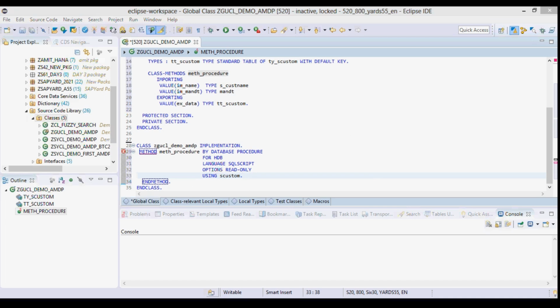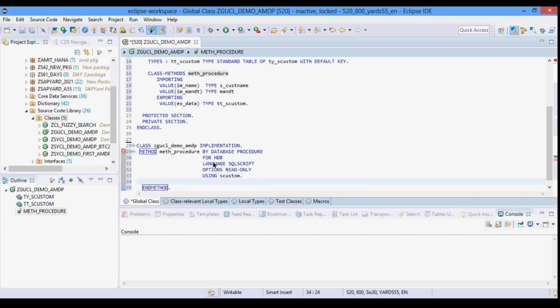Let me just reiterate that all the ABAP dictionary tables or views and other AMDP methods that will be called in this particular procedure body need to be declared using this keyword using. Once you have declared it, you can address these objects without any prefix of your SAP system ID, and they can be called and used.